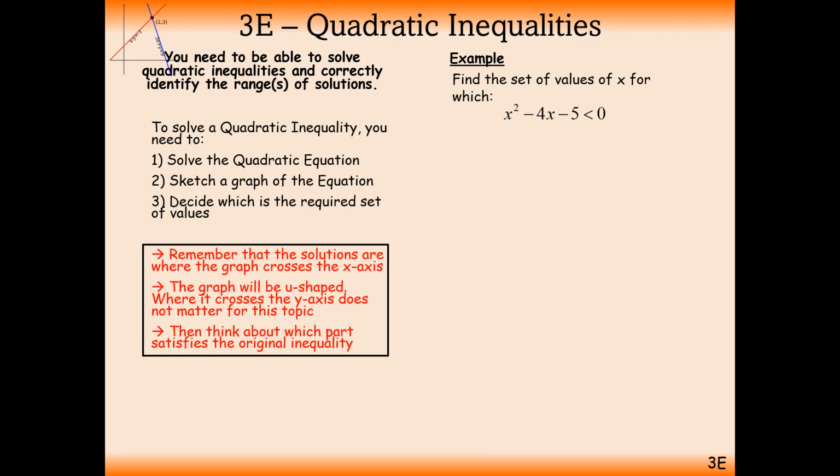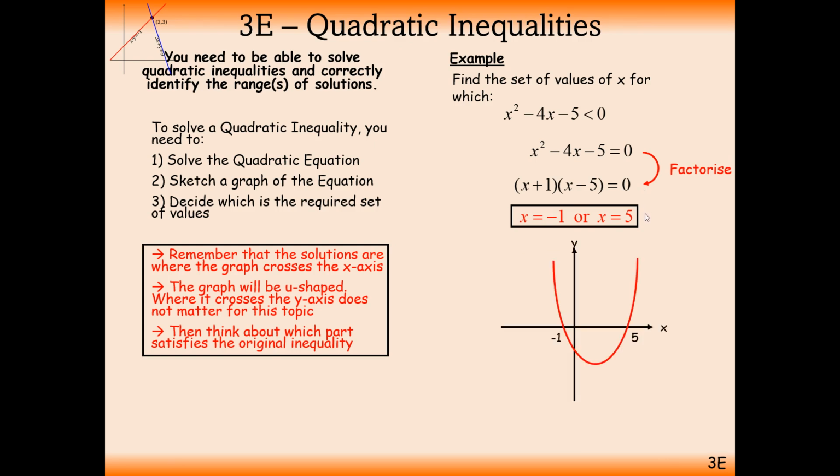So the factors would be x minus 5 and x plus 1 inside the brackets. When you take them out of the brackets, the solutions will be x equals 1 and x equals 5. Now, this is if it was equal to 0. So we found where it cuts the